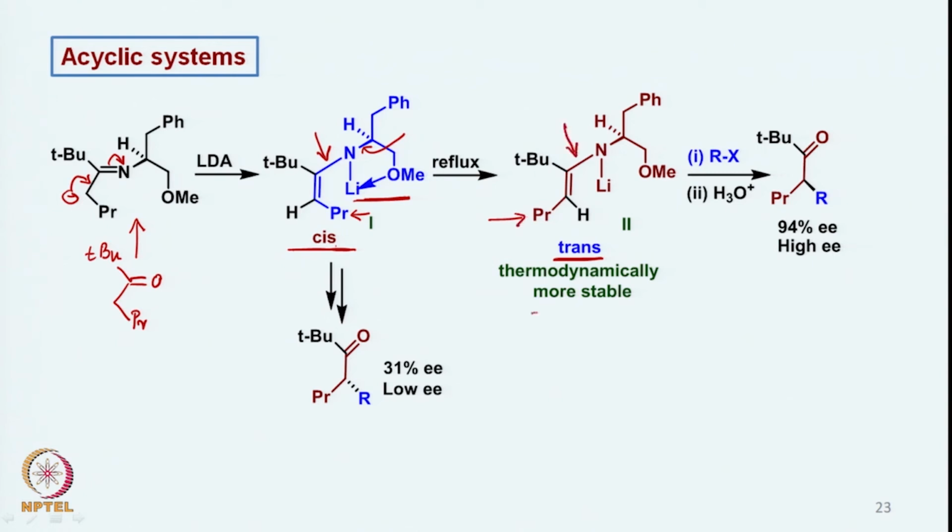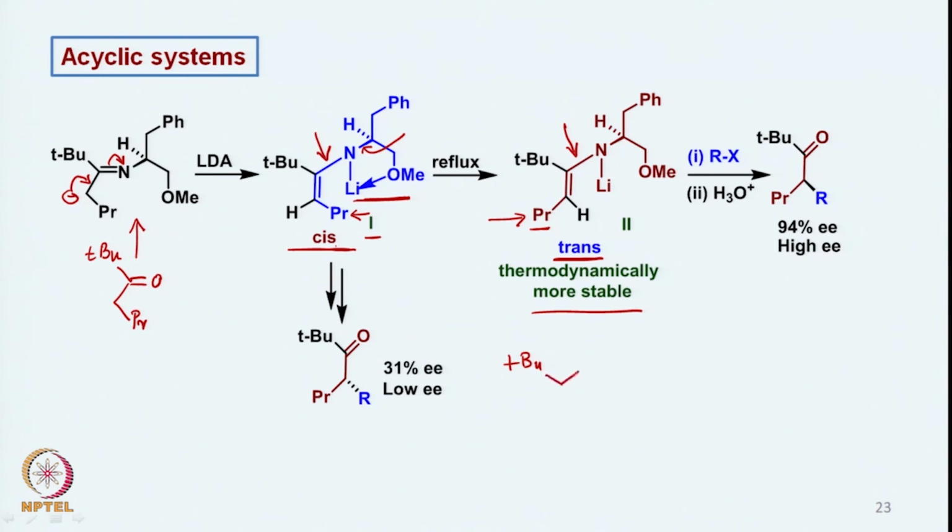So this is thermodynamically more stable because the propyl group and the nitrogen based group are trans to each other. So if we allow this particular electrophile to react with this enamine, then we can expect that tertiary